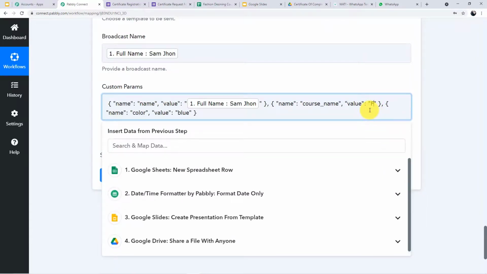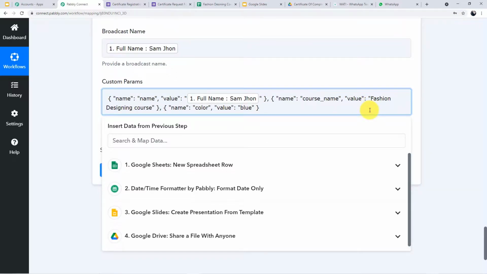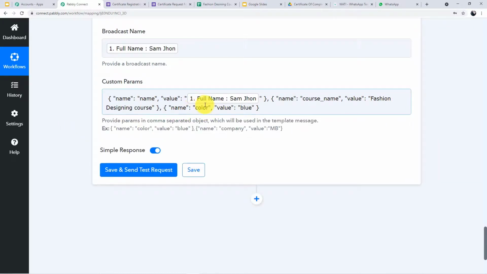The course name was Fashion Designing course. Okay, so we have successfully done our second parameter also.